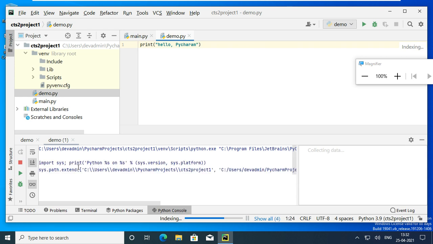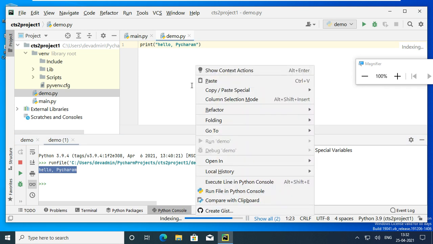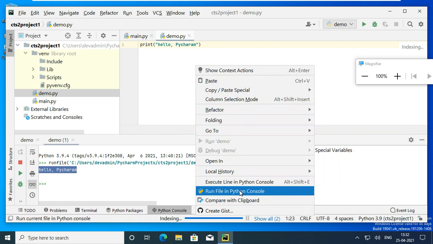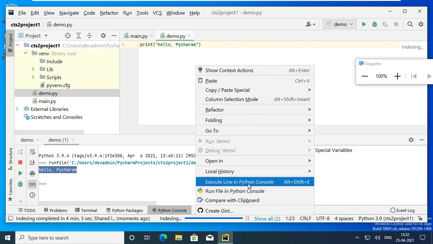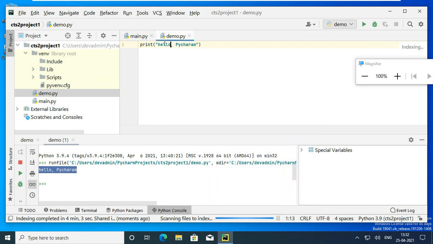Just leave it for 5-10 minutes. It works automatically. So here again, we got an output. Earlier it gave a normal output only. Now it is giving it like this because this runs in console type. So this is how we can do it with PyCharm.